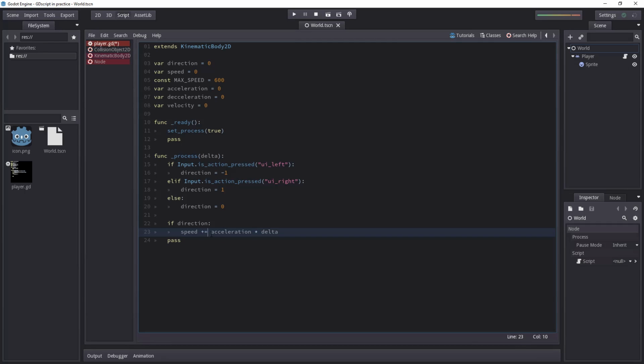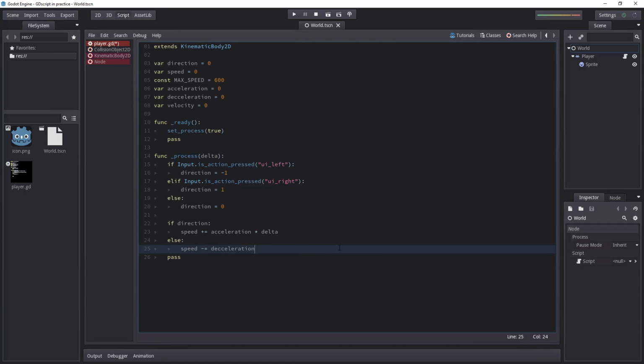We are going to add not just the acceleration, but acceleration times delta because it's the time interval between the last 2 frames. That's how we make the motion smooth. We accelerate it for a certain amount of time only, right? Else, we're going to subtract